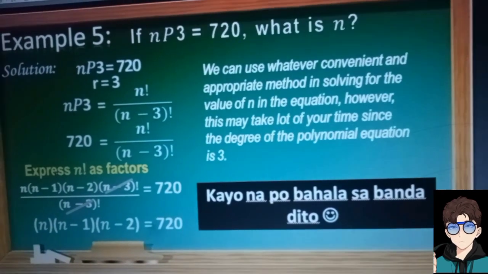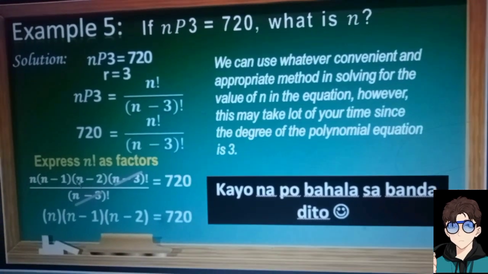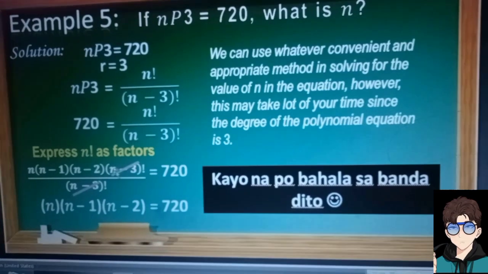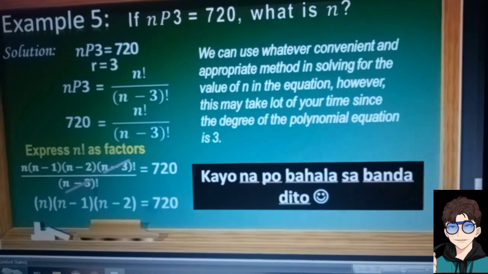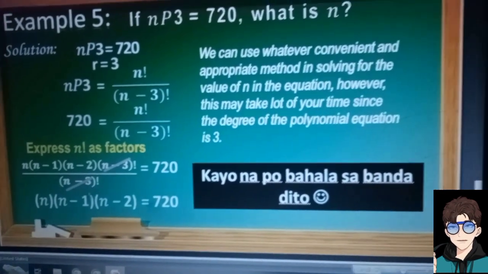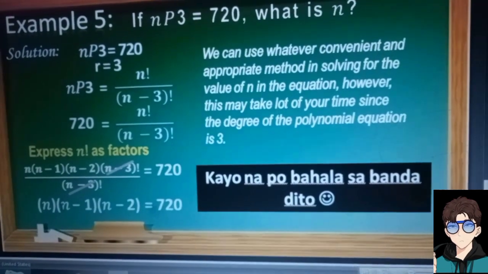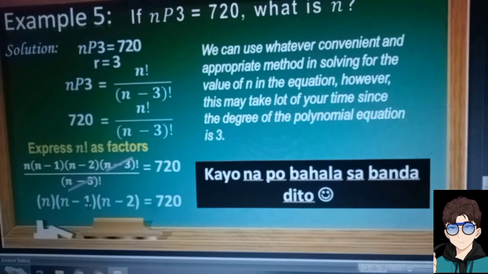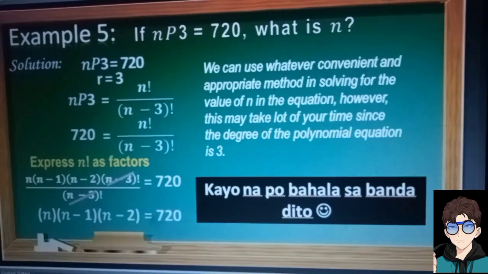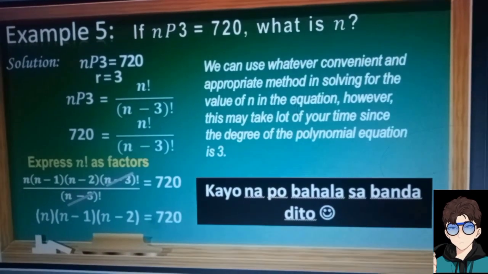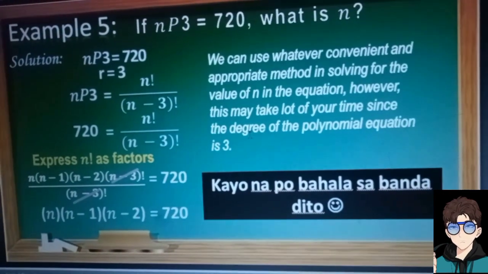Express n factorial as factors: n times the quantity of n minus 1 times the quantity of n minus 2 times the quantity of n minus 3 is equal to 720 all over the quantity of n minus 3. You cross out since they are similar. So n times the quantity of n minus 1 times the quantity of n minus 2 is equal to 720. We can use whatever convenient and appropriate method in solving for the value of n in the equation. However, this may take a lot of your time since the degree of the polynomial equation is